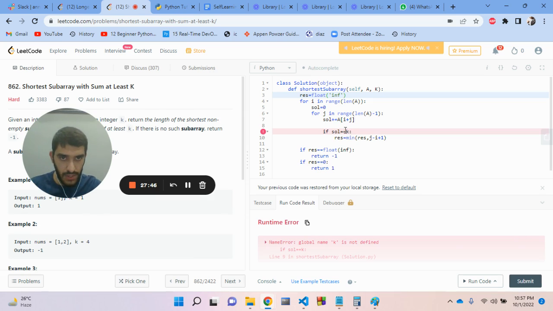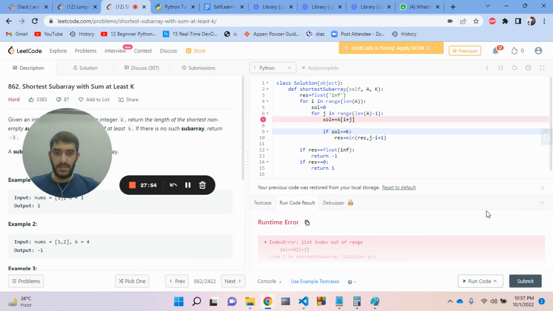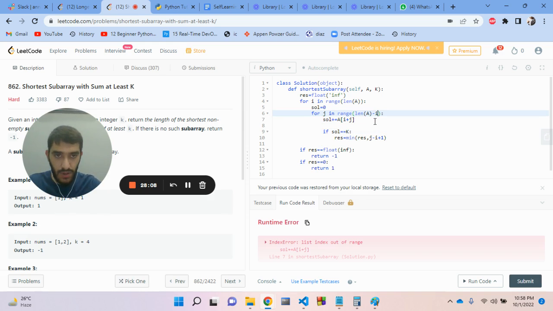If solution is equal to, okay, k is maximum. I hope this gives a correct answer. Right, equal to, let's look at the problem. The problem which I did wrong was I took one variable, which is not right, because